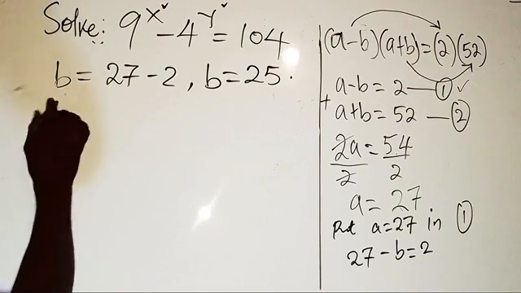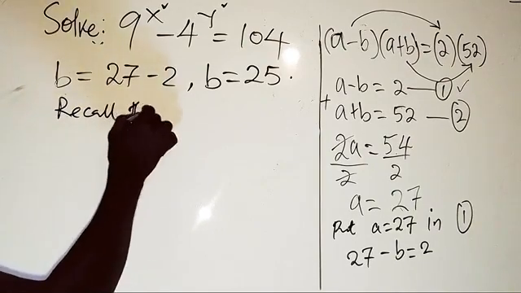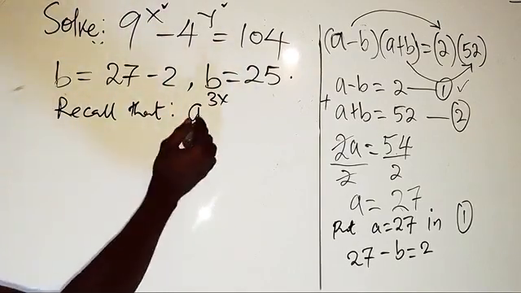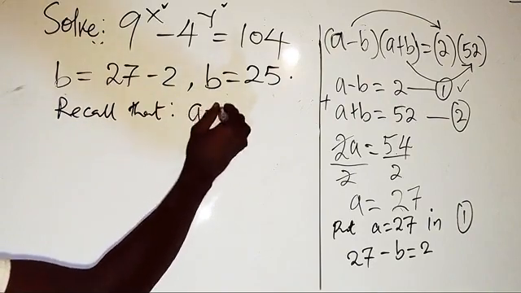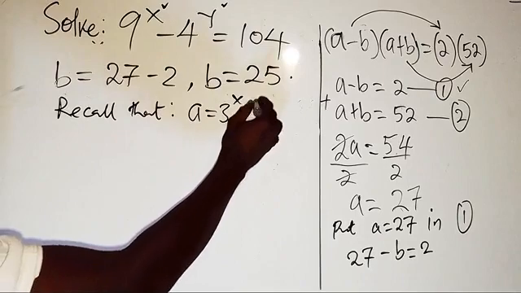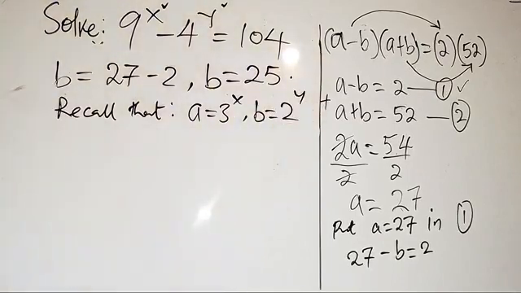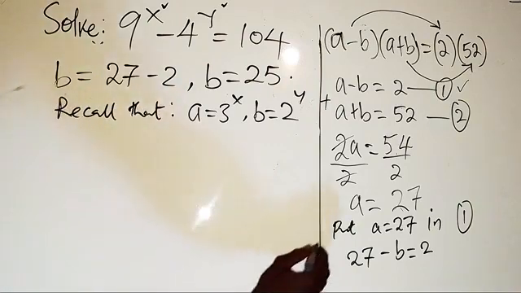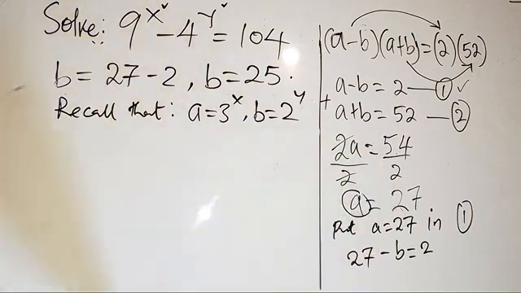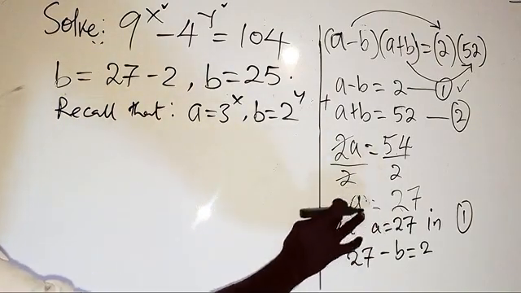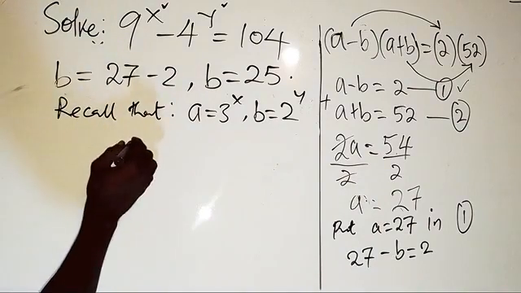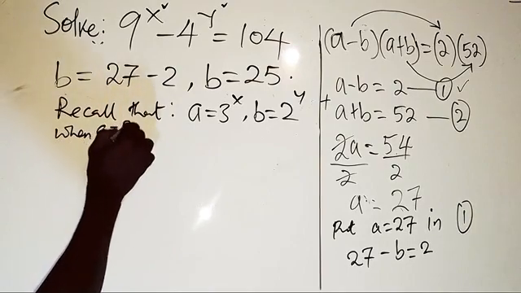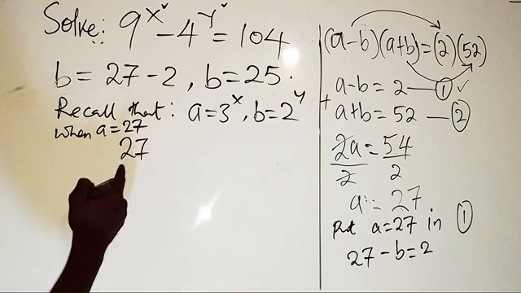Therefore, we need to recall that, what I asked you to jot down: a equals 3 to power x, and b equals 2 to power y. Now we have a here to be 27. So therefore here we are going to have 27. That is, when a is 27, we're going to have